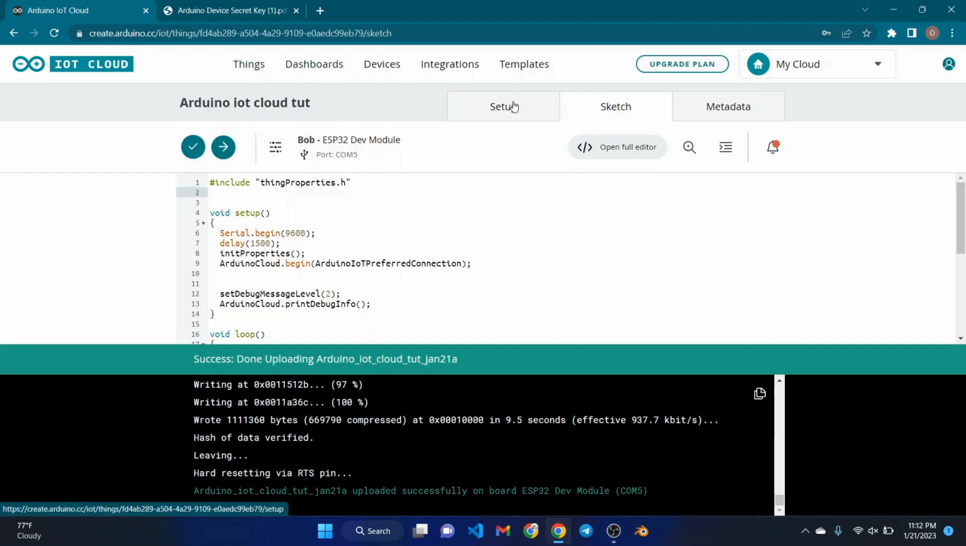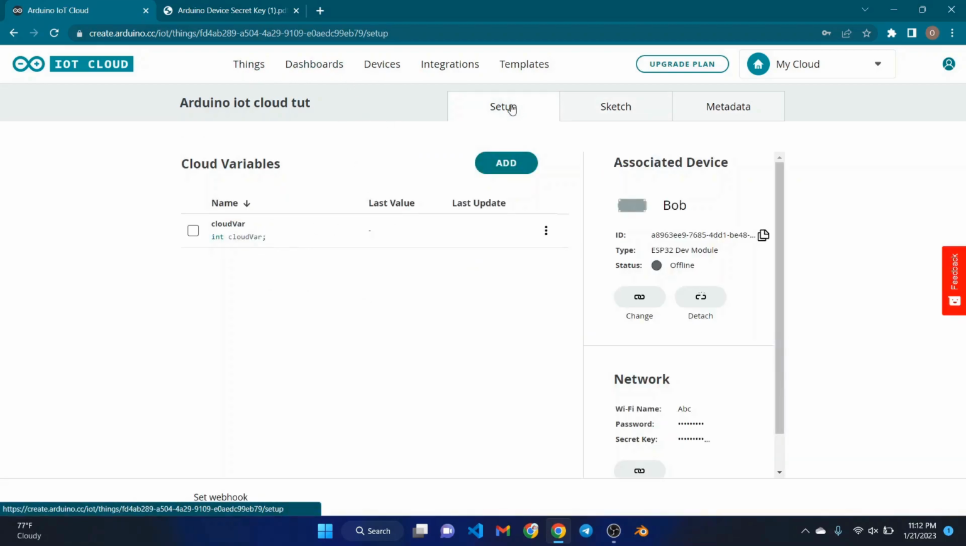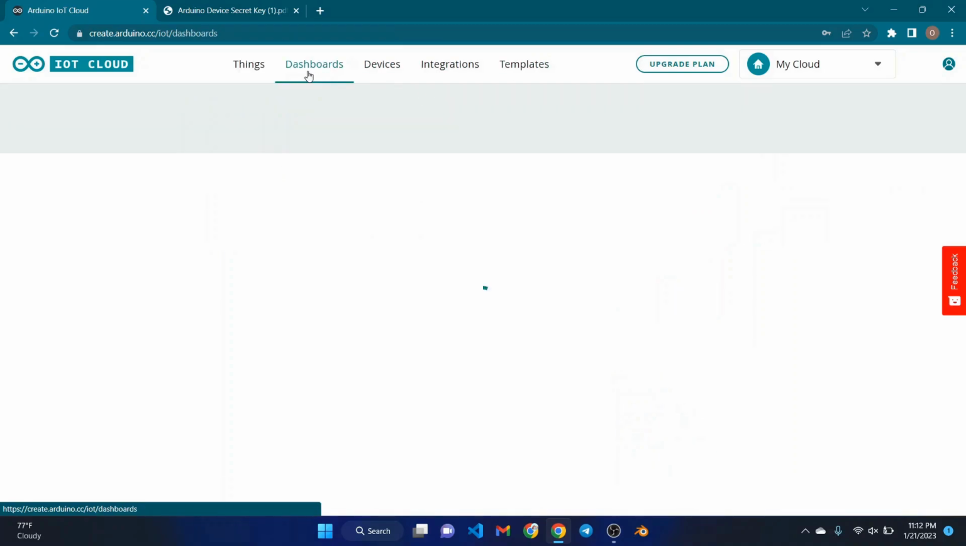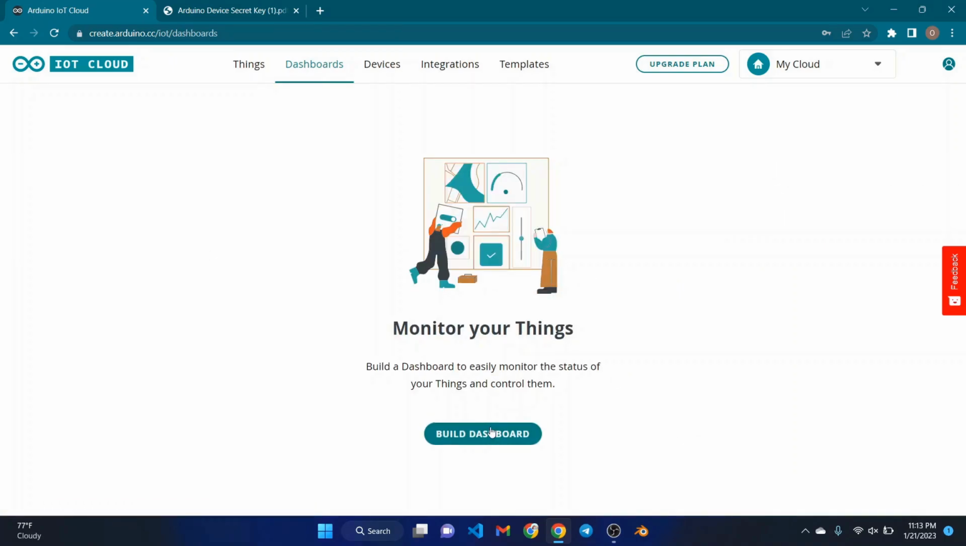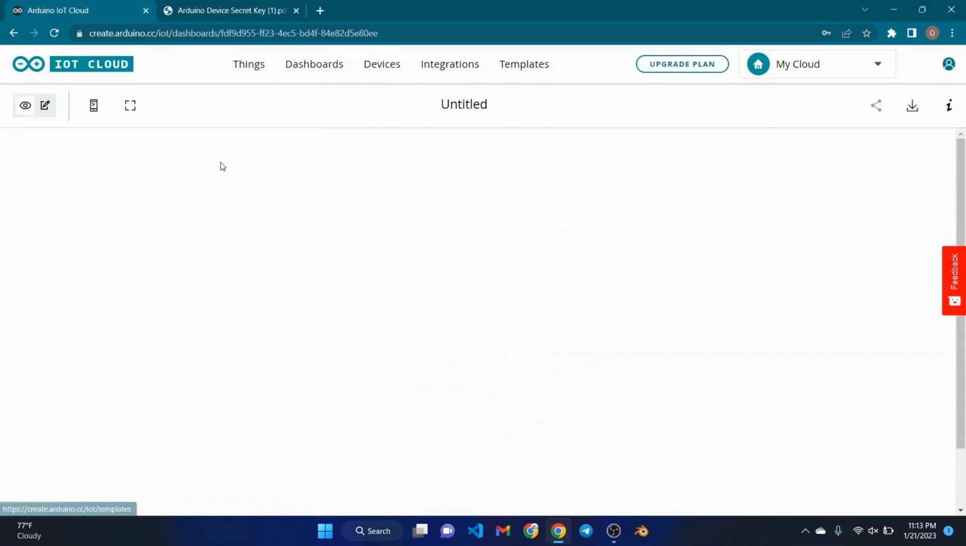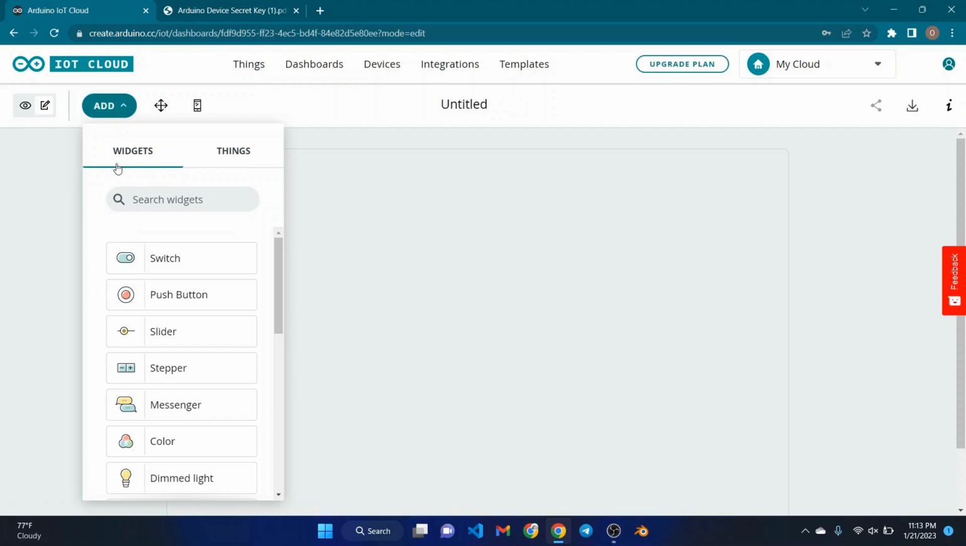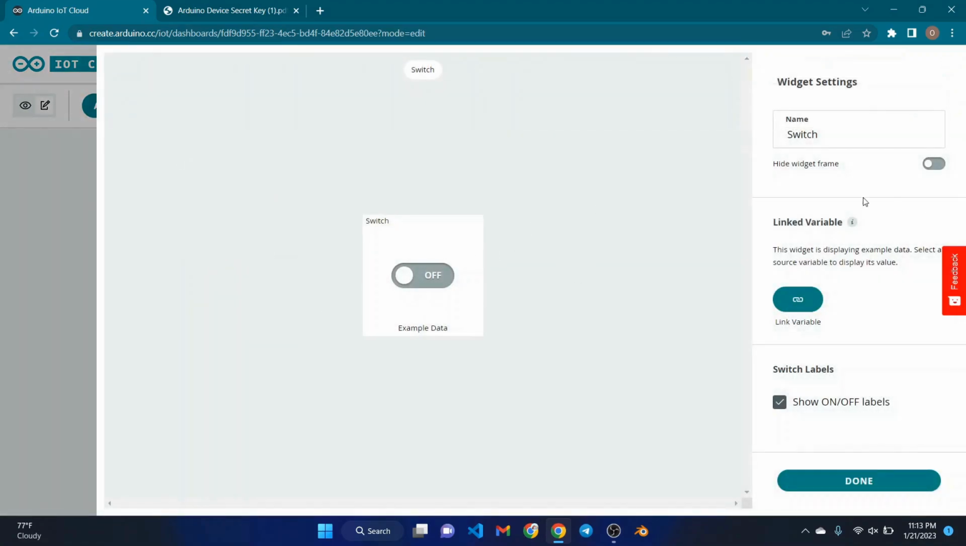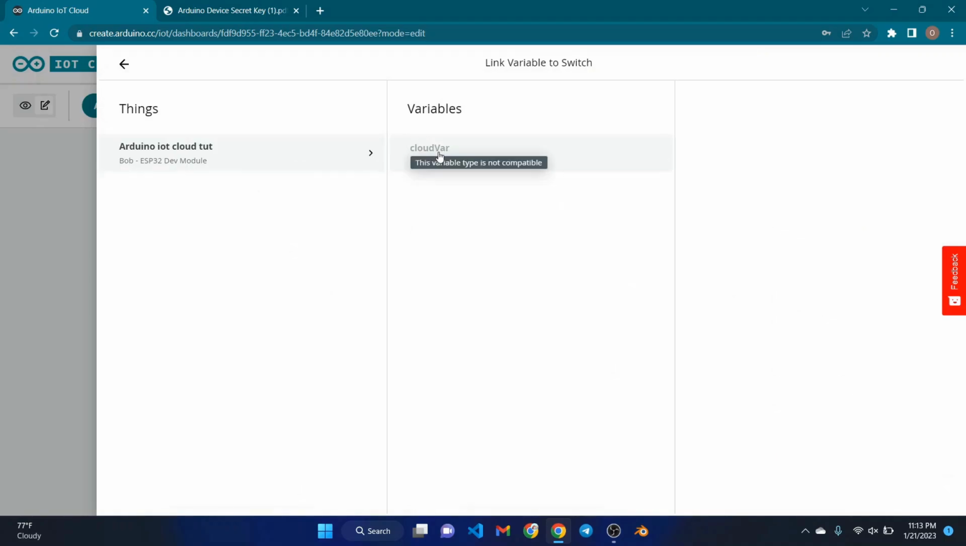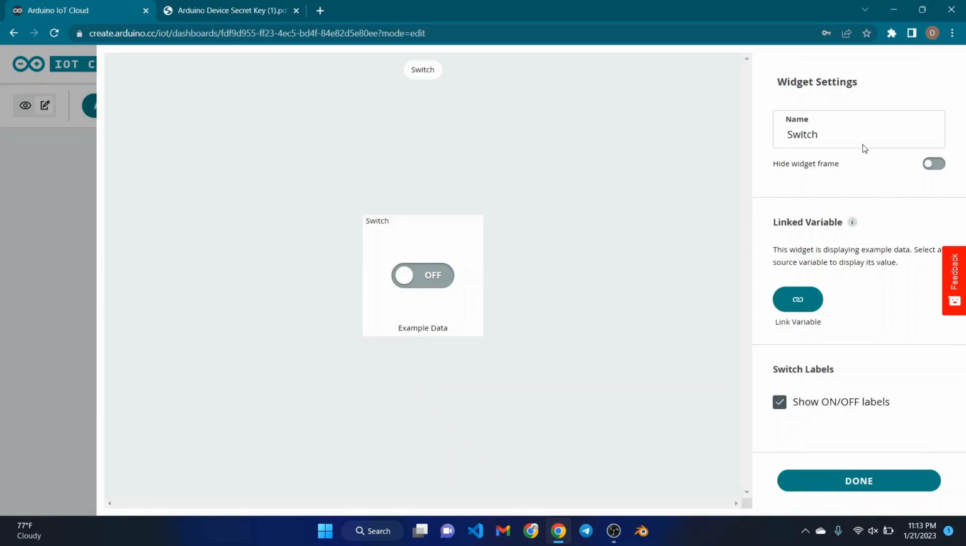So let's go to our setup again, and go to the dashboard section. Click on build dashboard. I'm only going to be teaching you how to use the button, switch button, switch. So the name is going to be the same, I don't care about that. Linked variable, so I'm going to be linking the cloud variable, oh sorry, not this, not switch,